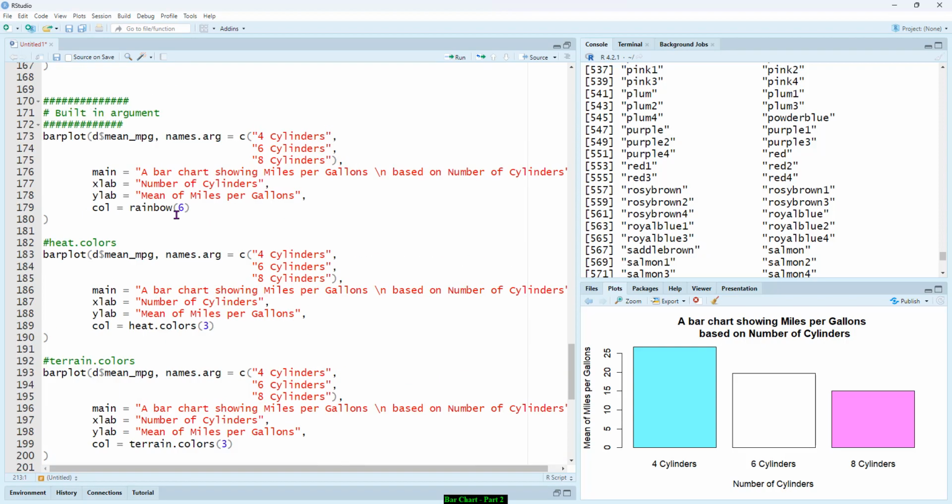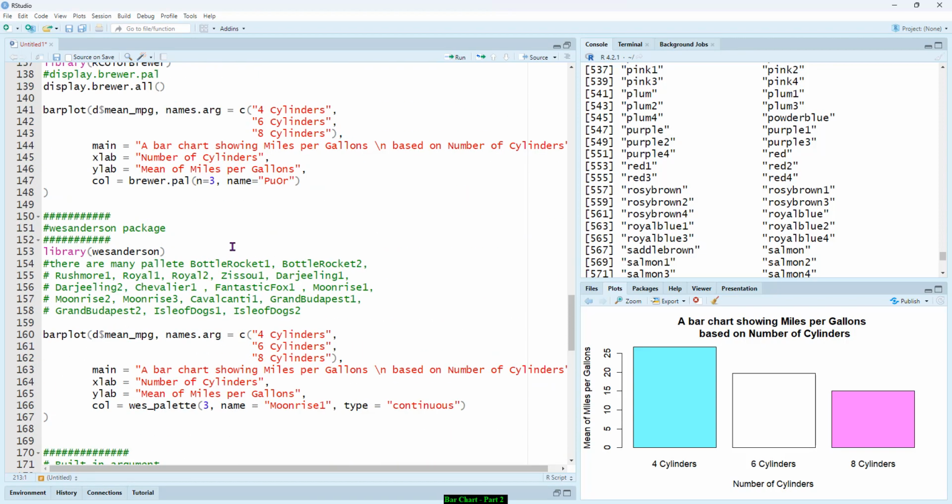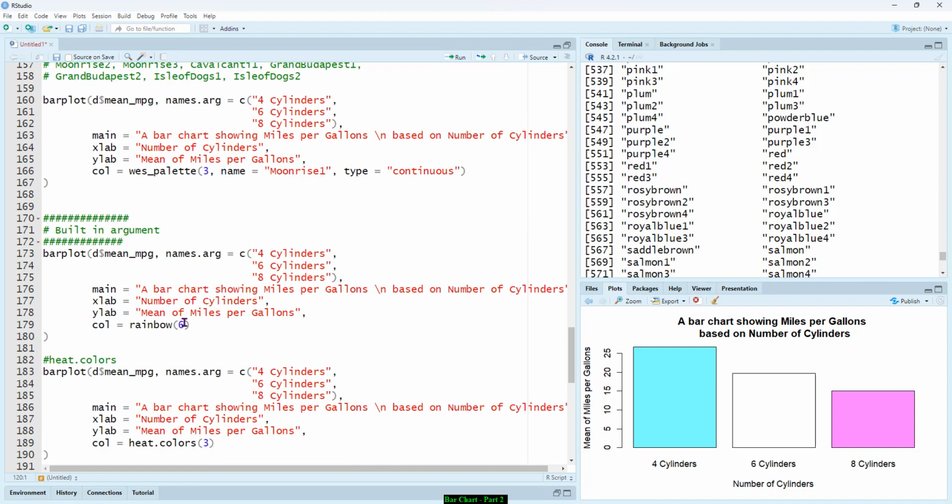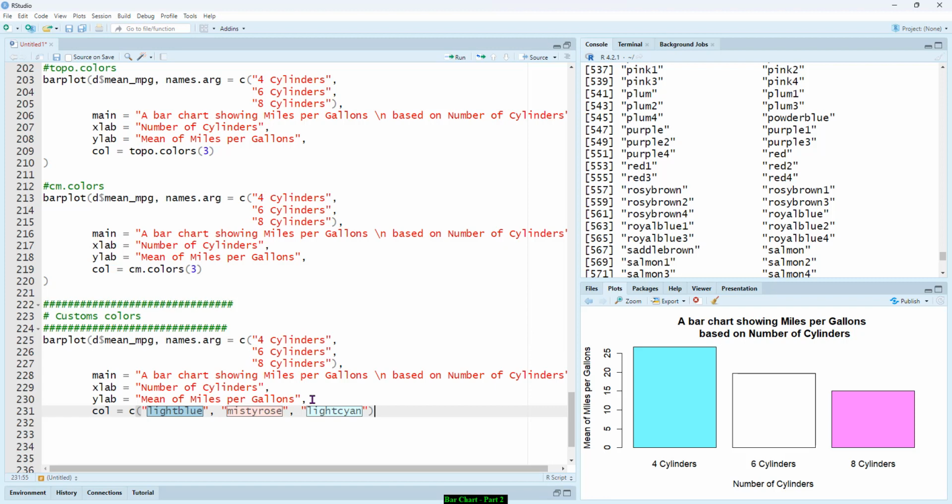Let's say, let me copy this one that we have 4 colors, right? This one, right? So we want to customize our colors, but we don't really understand the name of these colors, right? So one of the ways is we can just put this into our console, our script, to see the color,